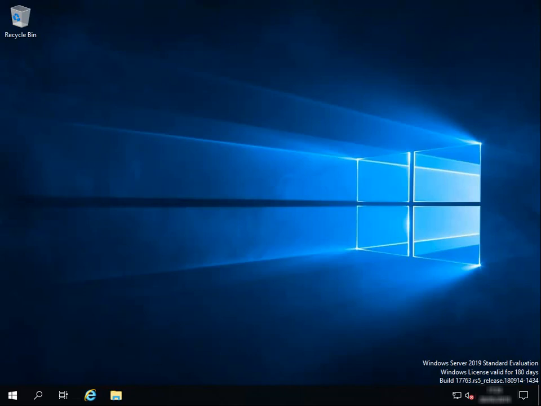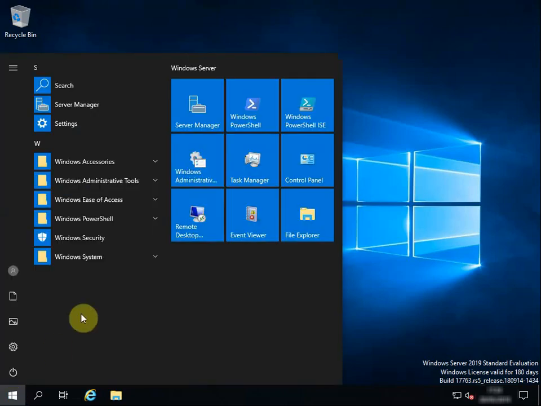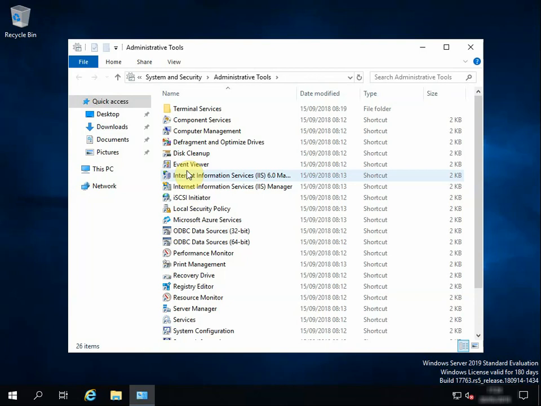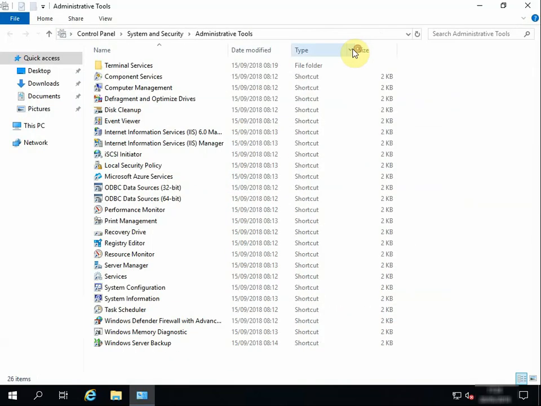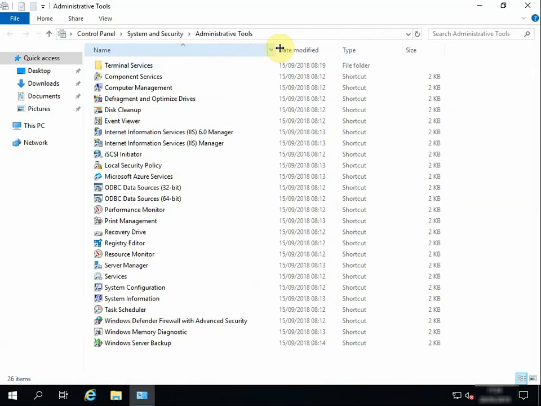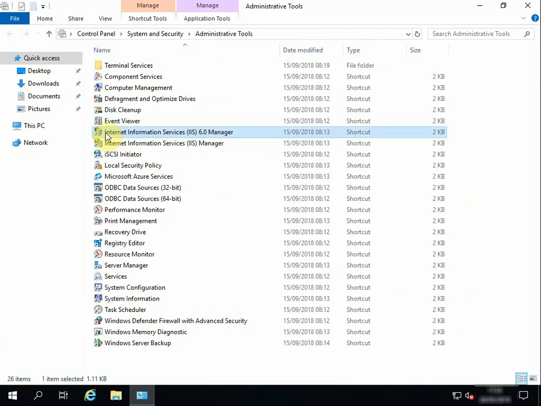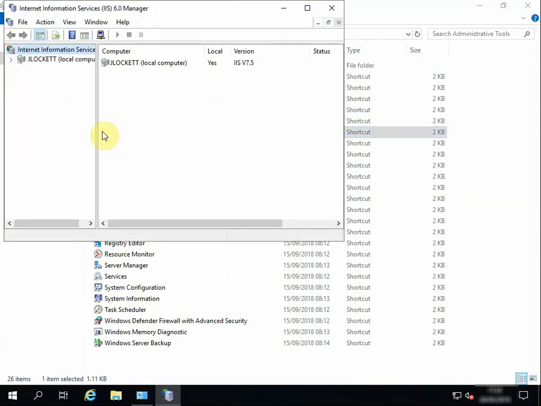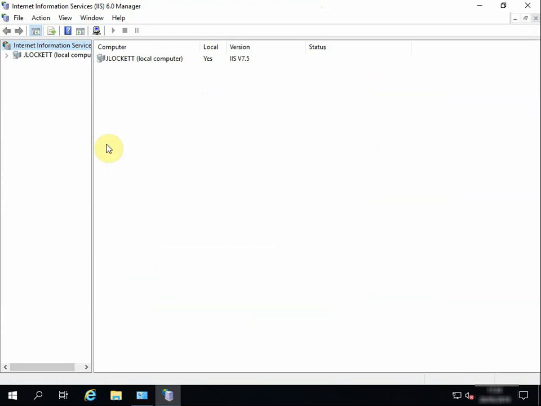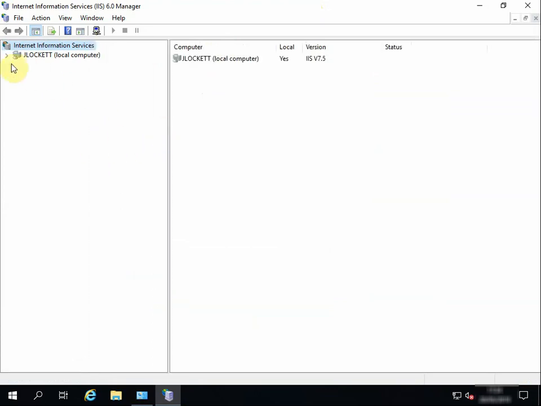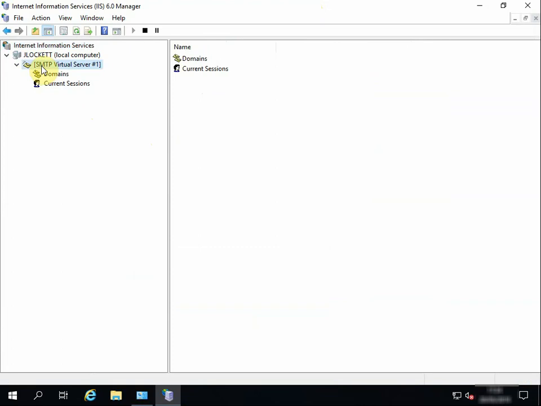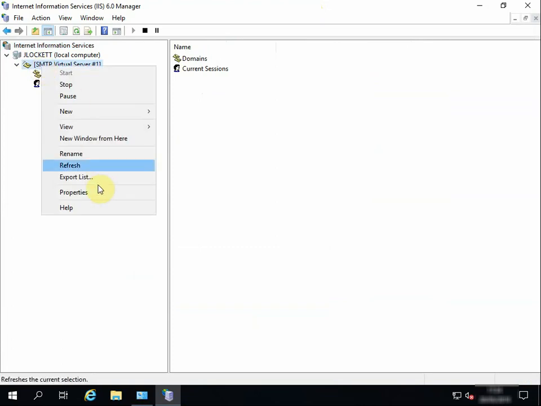Right. Now to manage the SMTP service itself, it's done through IIS. So if we go to Windows Administrative Tools, if I just expand this, and Internet Information Services 6 Manager. So double click and we'll expand this again. Okay. And here you can see our SMTP server. So right click, Properties,